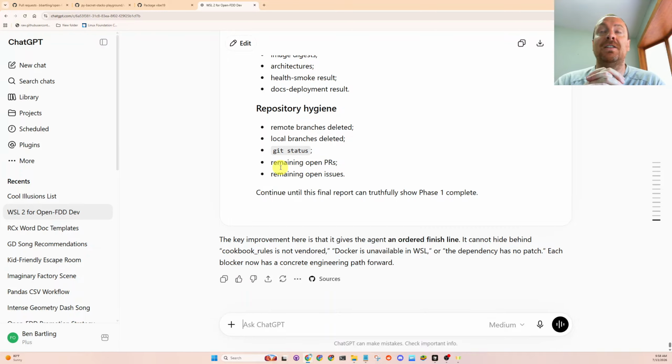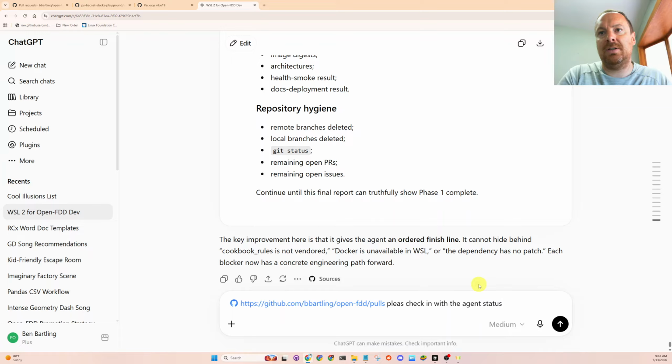I'm just iterating until it can recreate the Streamlit application in Rust and in React as well. It's a front end library. So porting it over to a more production code base versus just a data science web app dashboard. So that's something else I'm working on, and I can't wait to show you guys this in the future too. So I'm just asking ChatGPT, please check in with the agent status, where we are at